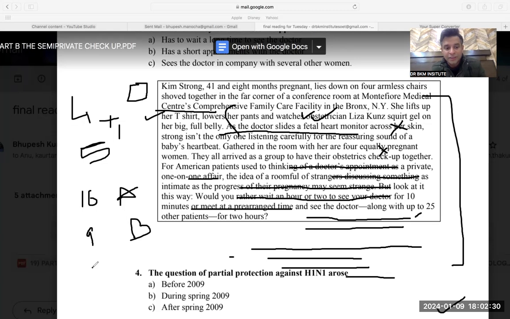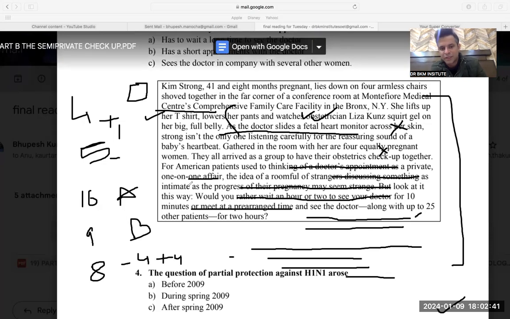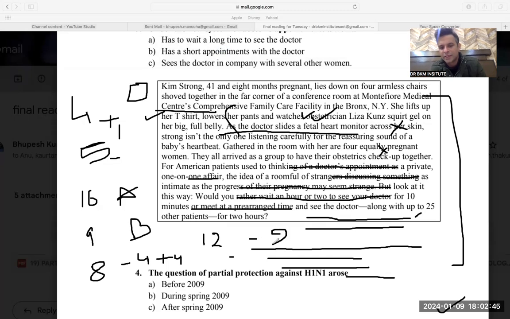And again, considering 8 questions, you have to do 8 questions of one part of part C, you have to do only 4 right. 4 plus 4 will make 8, plus 5 or 4 will make 12. And out of the difficult questions, if you can do only 2 right, you will pass. So 14 out of 22 will get you passed. In part A, you should score around 17 to 18. So that is how you should do the calculations.